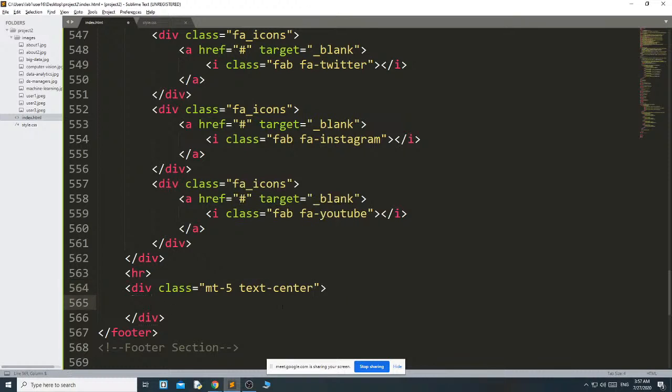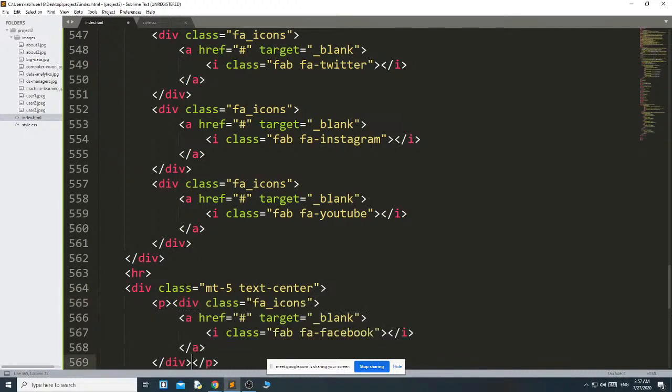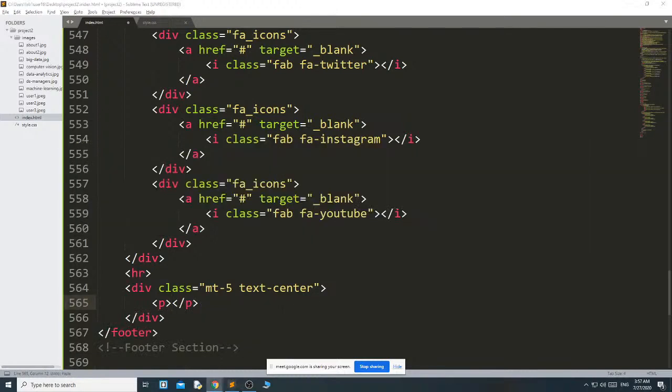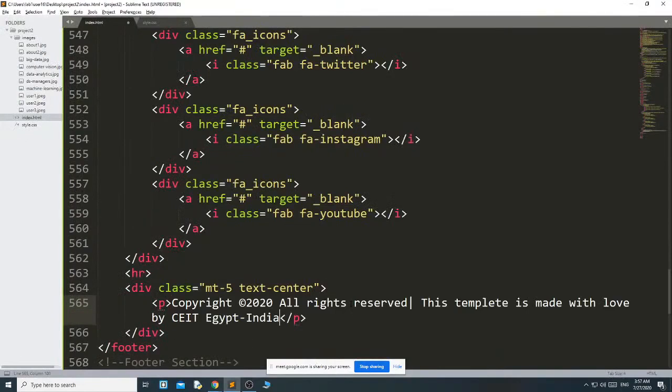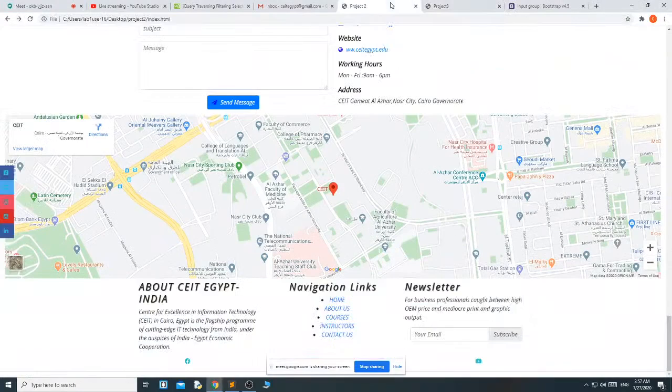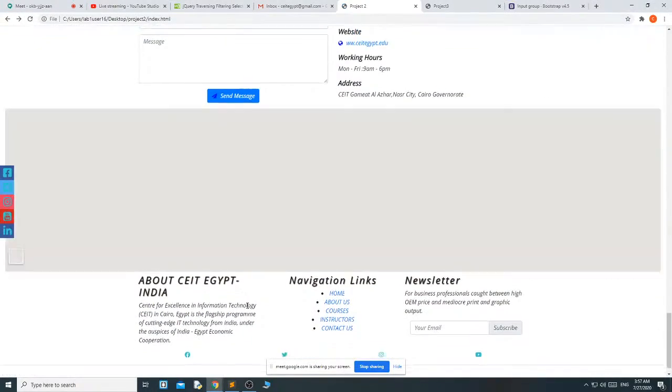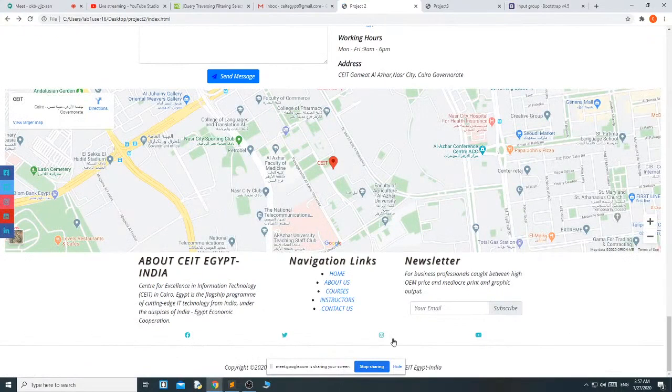Here I have a paragraph and Control Z. I have to paste that here, this one, copy, paste. Okay, you will get like this. You can see that you get a division mark, then copyright.